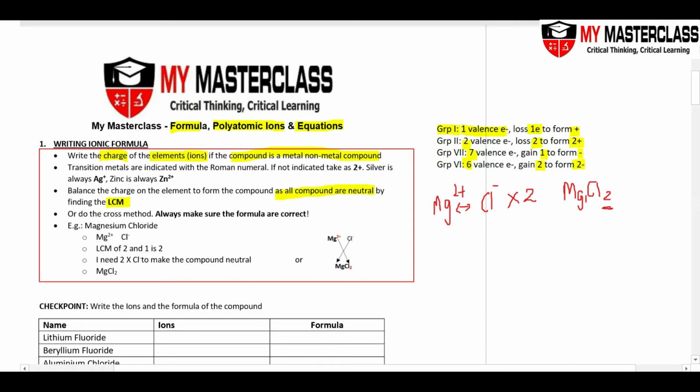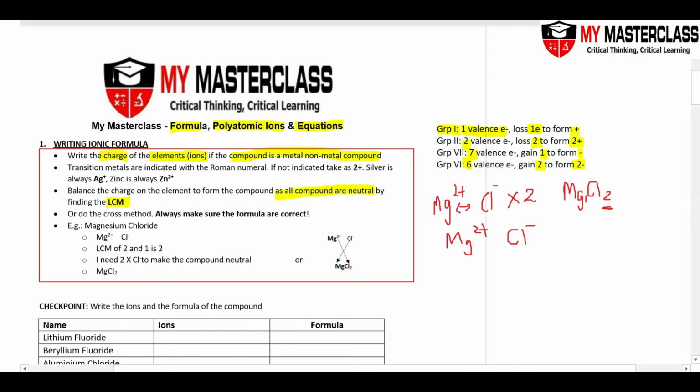So this is the method: find the lowest common multiple. The common multiple of 1 and 2 is 2. That's why you have 2. Or you do the cross method. Always make sure the formulas are correct. Same example, Mg 2 plus,